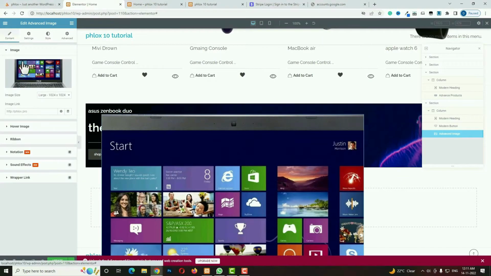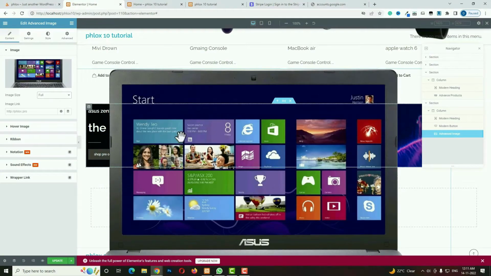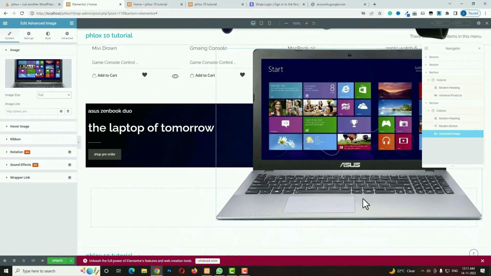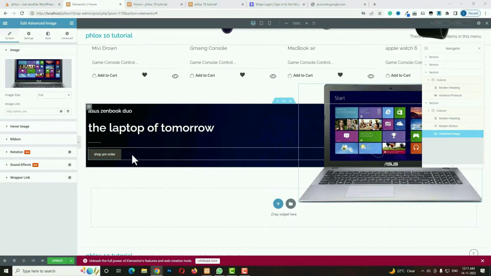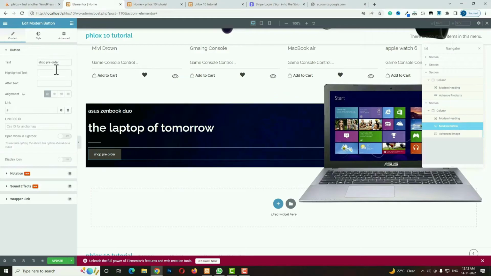Image size, I have to make it full. Okay, it's coming like that. Let me decrease the size. I think that's looking quite perfect. I think I have to change the button style also a little bit. Click in this, come back to the style option,